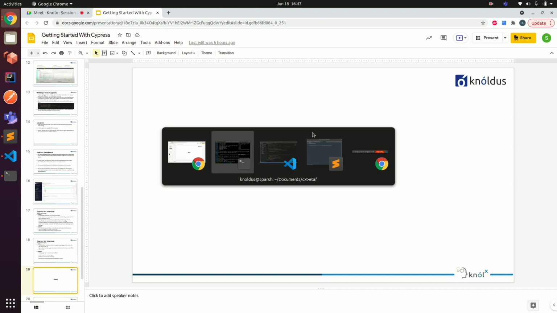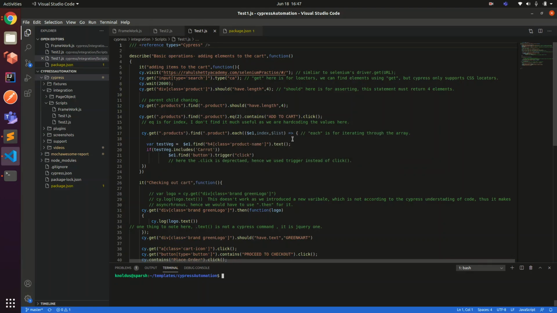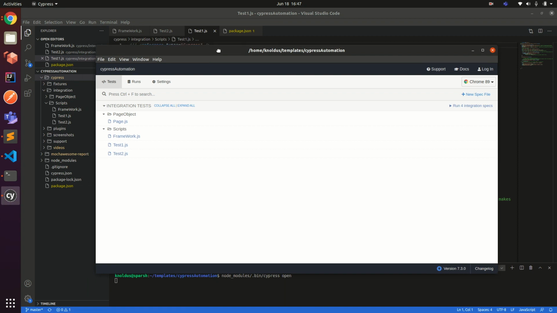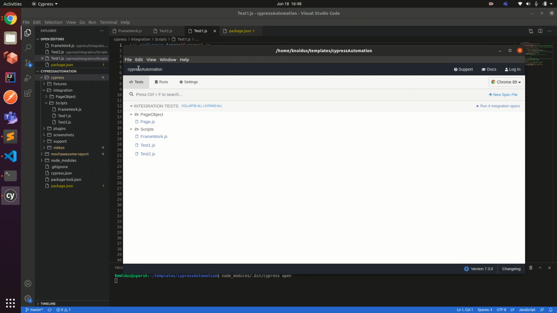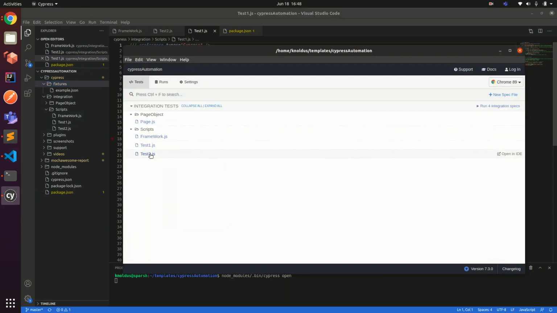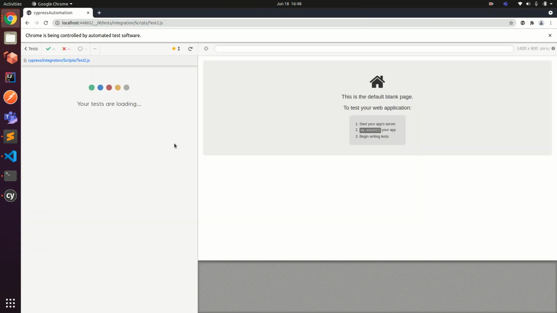Let me give you a short demo of it, and please ask anything if you need to. So let me open the runner first. So this is a basic Cypress test runner. Here you can see the architecture of the project. We have the Cypress folder, and inside that we have fixtures, where the data files are present, and the integrations folder, where I have kept my test scripts. So if I am to execute it through the runner,